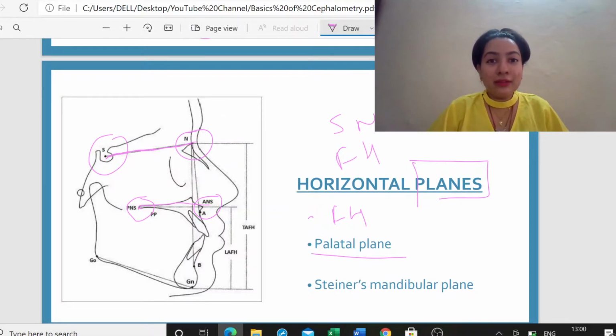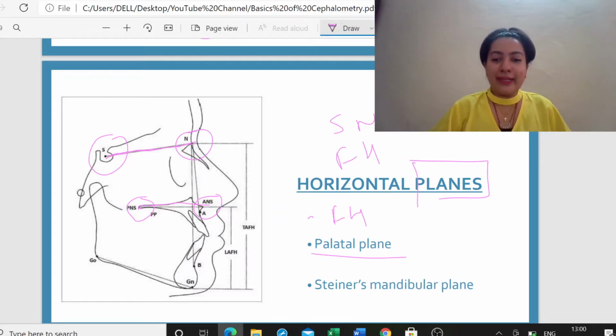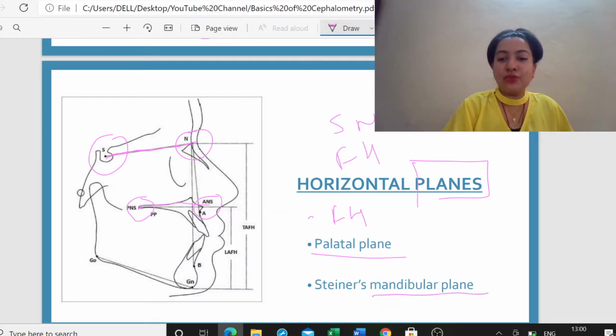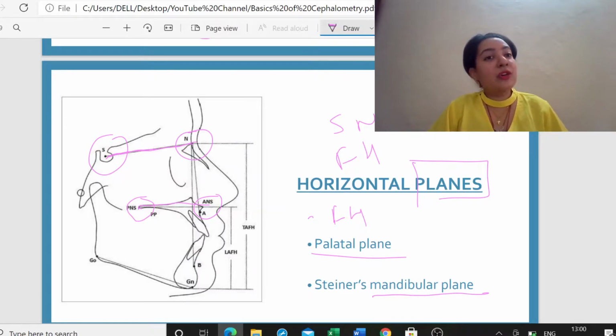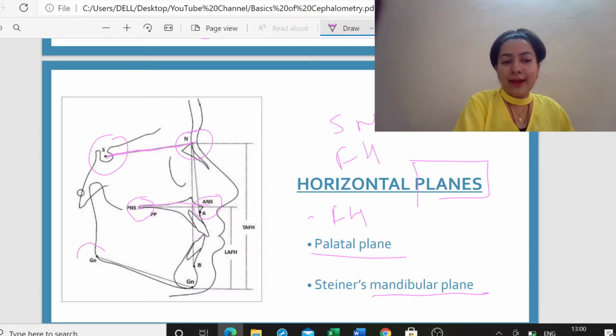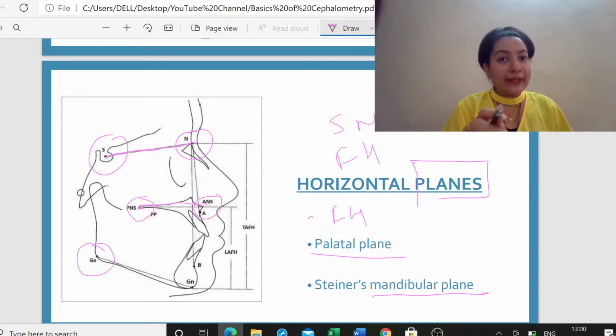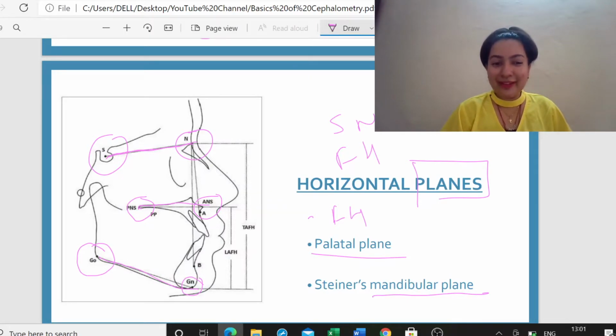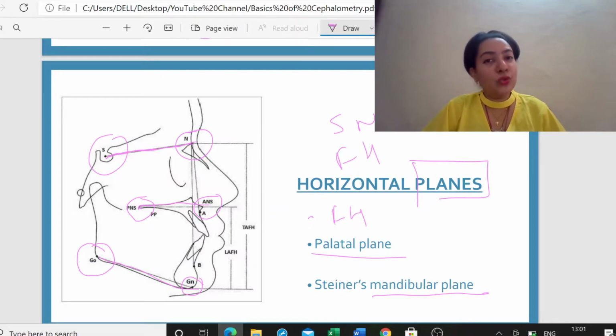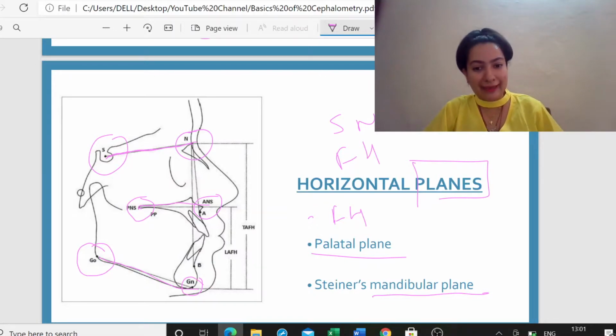Okay, the third plane is your mandibular plane. Let us just concentrate on these two words right now, that is mandibular plane. The plane which depicts your mandible is your mandibular plane. So what do we see here? The mandibular plane is drawn by joining two landmarks, that is gonion and gnathion. Do you see from GO to GN a straight line is running, a dotted line was running. Okay, that is known as your mandibular plane, which is made by joining two landmarks GO to GN.